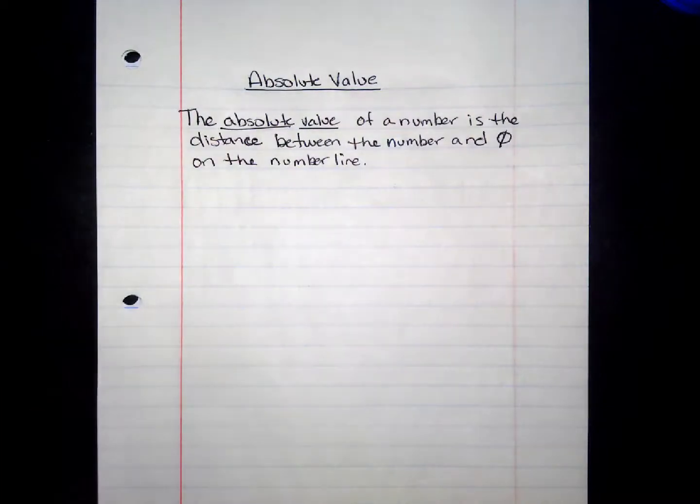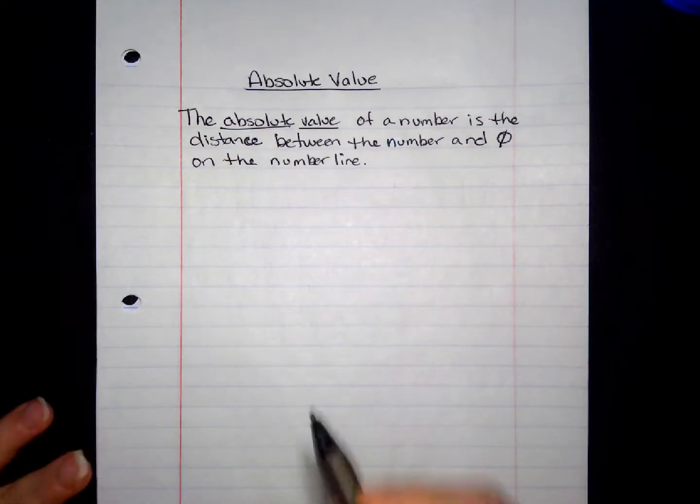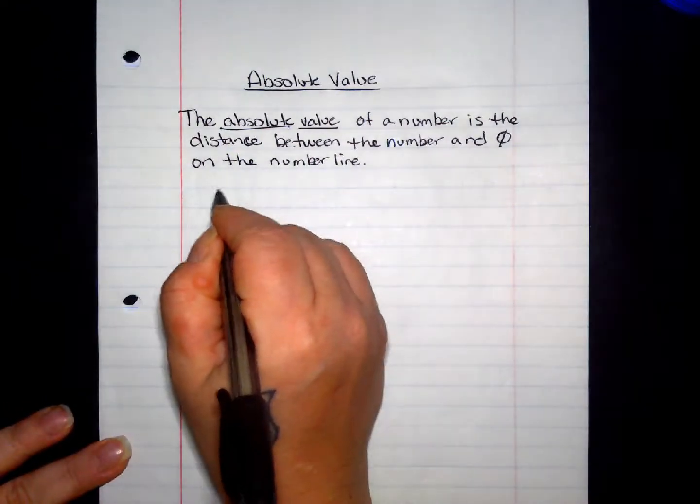Okay, so what does that mean? I think we talked about the distance from 0 the other day when we were ordering and comparing numbers on a number line. And I said, remember, distance from 0 is going to be important. So today's where you see why it's important, okay? So first of all, an important thing you need to know,